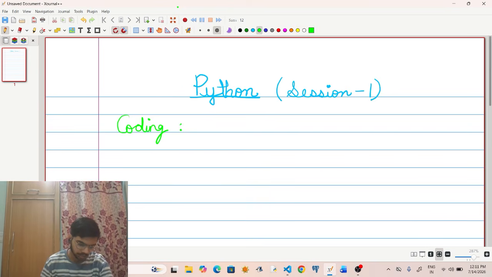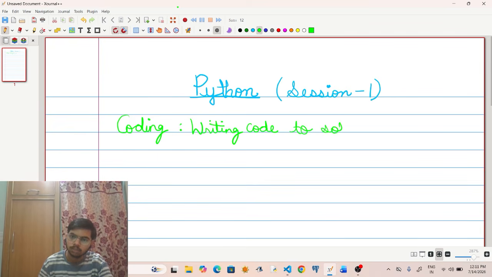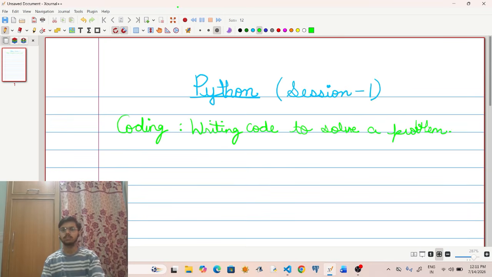It is basically writing code to solve a problem.